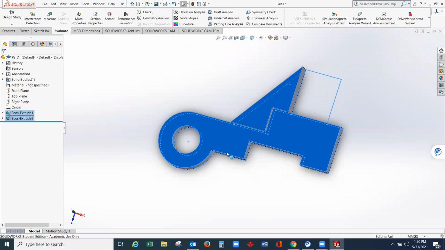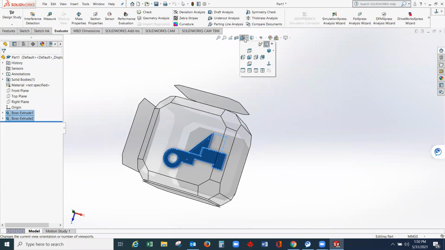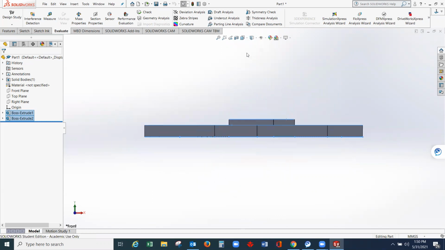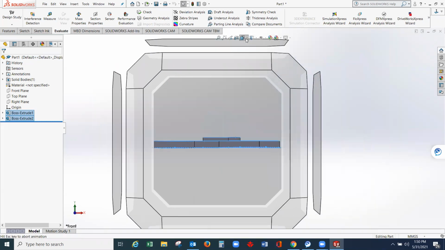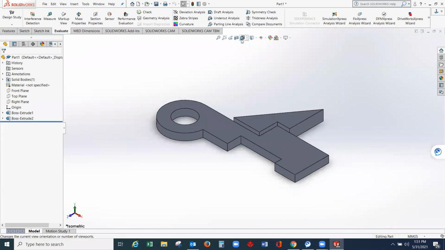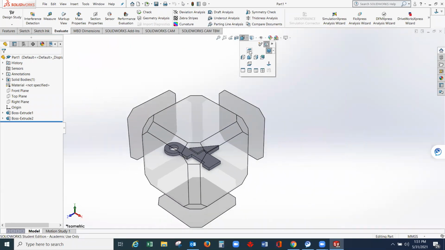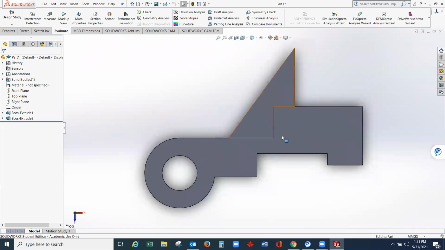Okay. So this is how you are going to find the area of a certain geometry or region. Okay. So check the orientation, you can just go here on this option. You can pull it down, and you can select top view, front view, isometric view. So this is one of the selections. You can view it in a different orientation.